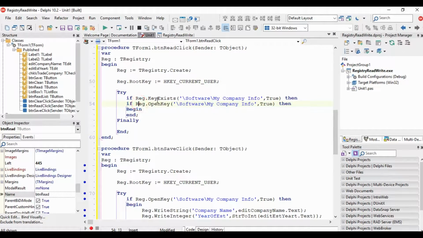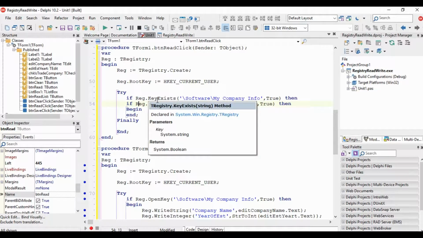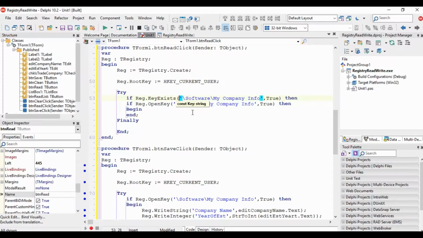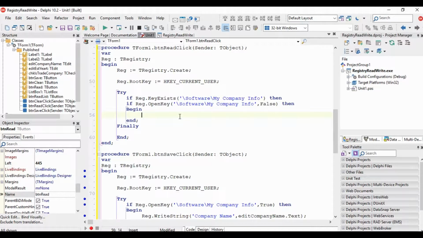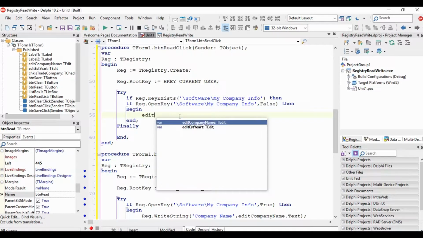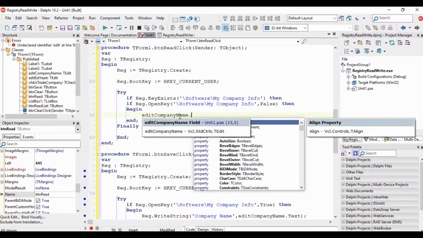Why should we check if it exists or not? Here we will check the key, but we don't want to create it. So here we will put it at false. So if the key does not exist, we don't want to create one. We only want to read the values if it exists. So now we will put here edit company name dot text